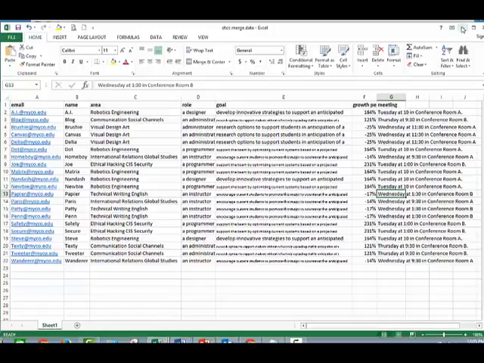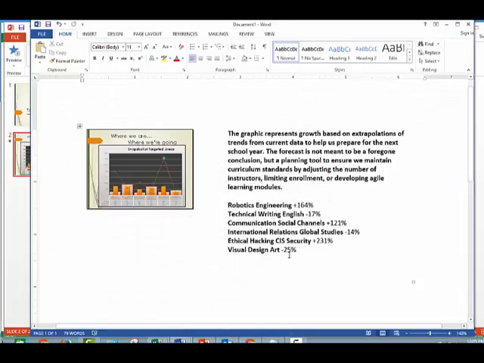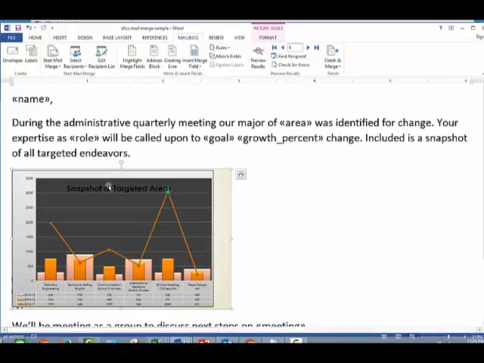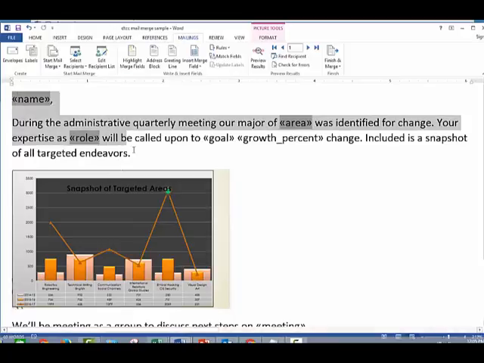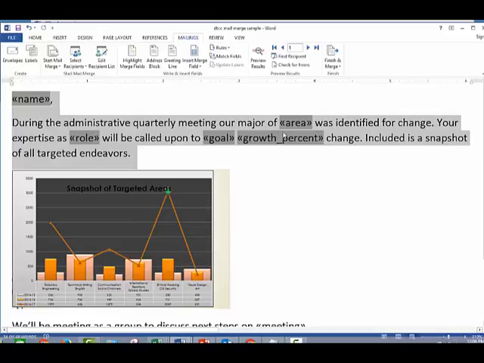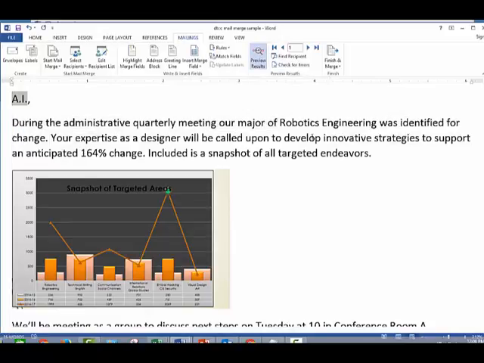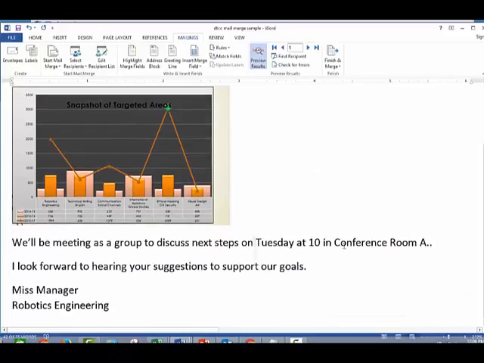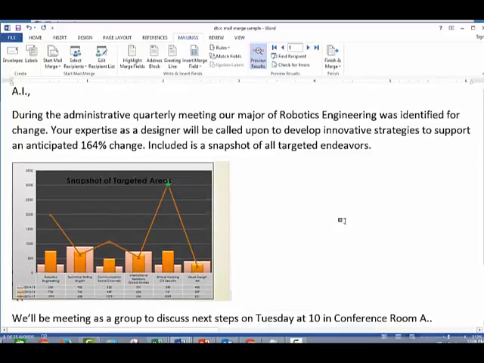Okay, so now how do we effectively get that out to everyone who needs it without sending a bunch of individual emails? Well, that's where mail merge comes in. So what you can do is you put in these little fields, you set it up as an email, you hook it up with Outlook, and we learn this all in the class. These are the headers from the mail merge database. We'll preview the results, and you see that everything is customized by name, what their role is, what they're going to be doing, what we need to expect them to have, what their contribution will be,